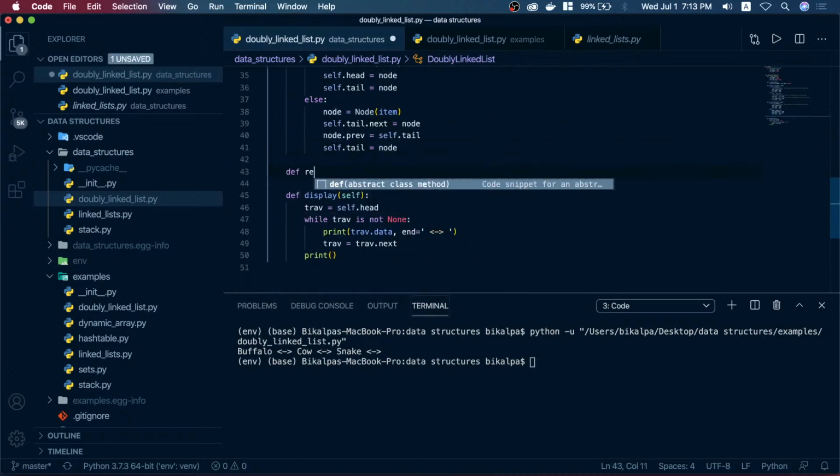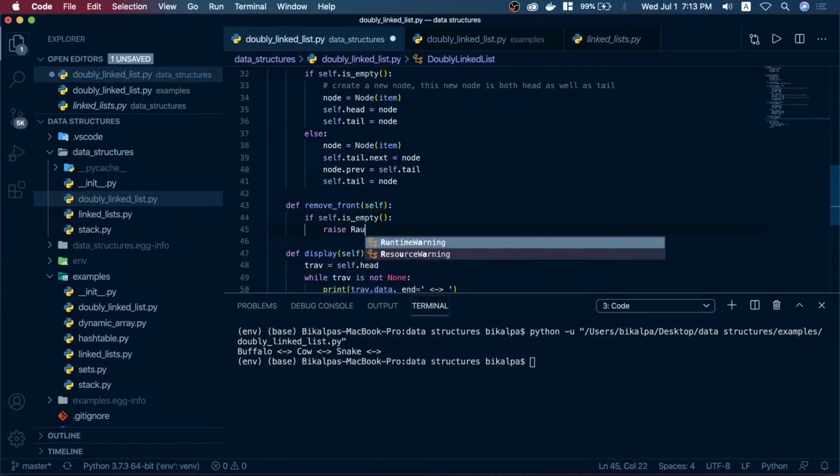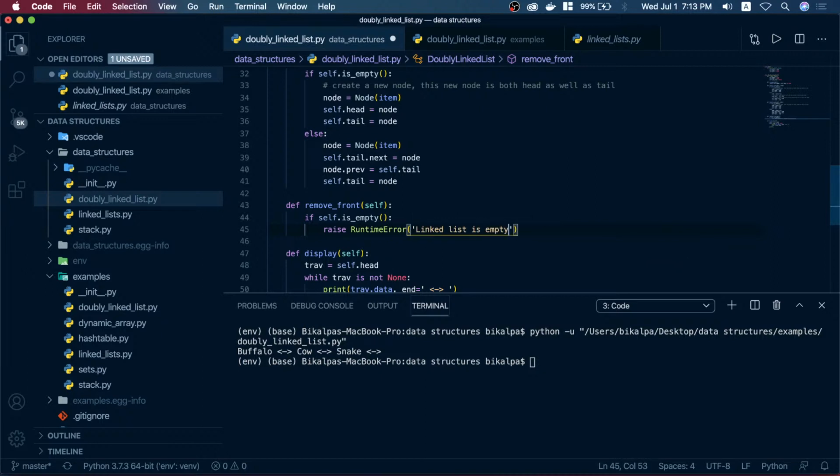Okay, def remove_front. For that I will try to remove from the front, and first of all I will have to check if it is empty. If the linked list is empty, we cannot remove from the front. We will just return or raise a runtime error. I will say linked list is empty,